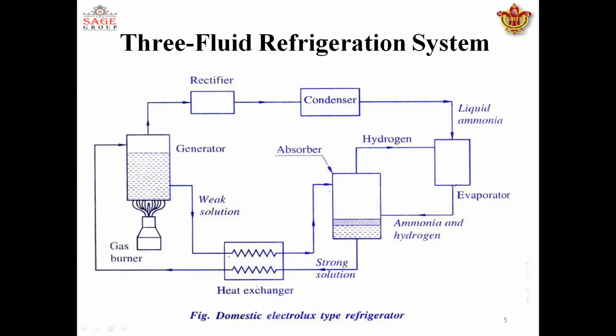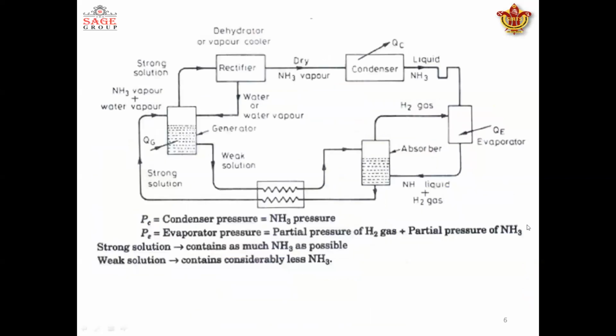So this is the domestic Electrolux type refrigerator, and see students, here we do not use any sort of pump. Here the motion of the refrigerant is due to the natural gravitational effect, and it flows spontaneously in the natural way. So this was all about the three fluid refrigeration system, and this is another diagram where we can see